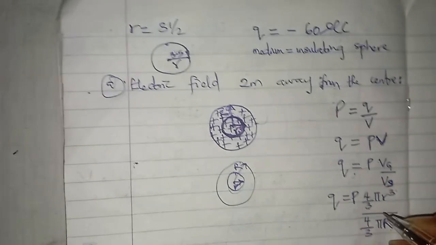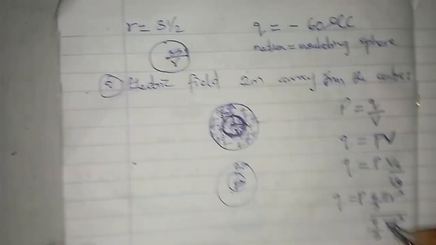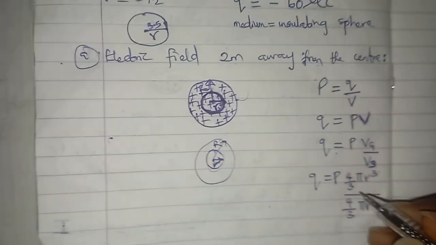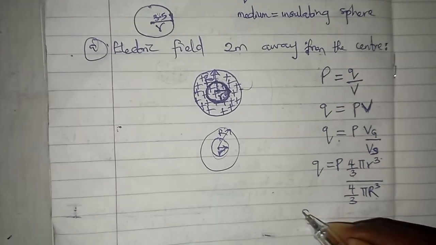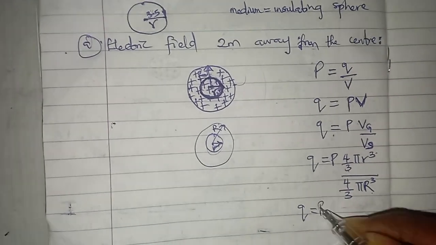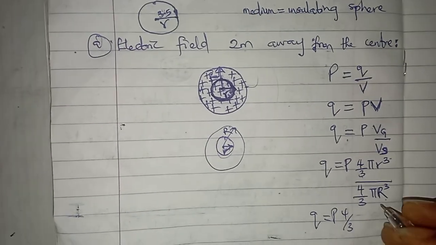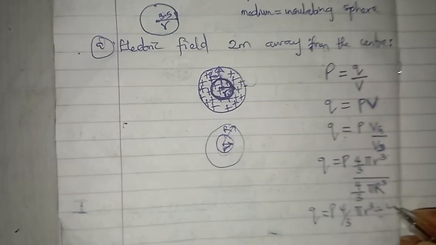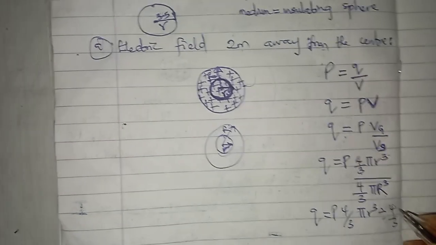So if you put this together, Q equals to rho 4 over 3 pi r cube divided by 4 over 3